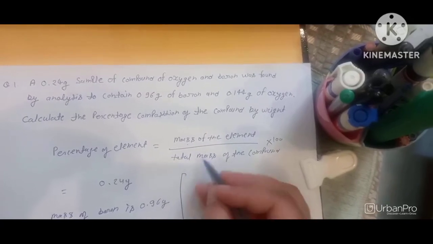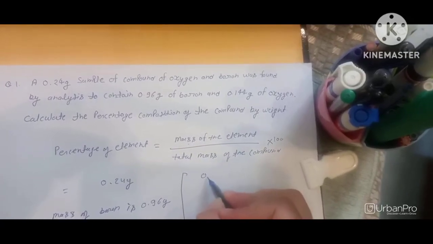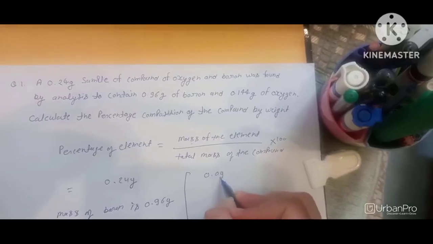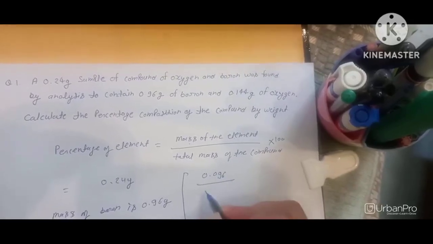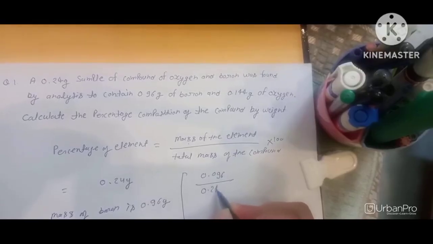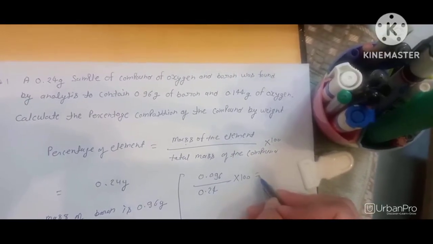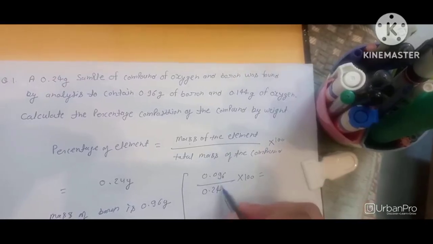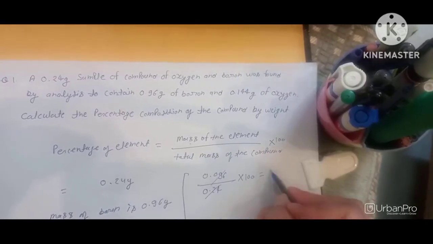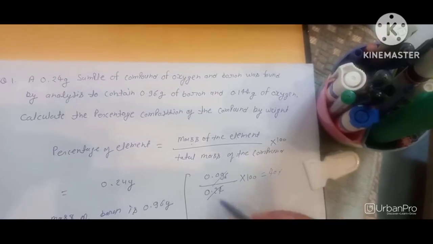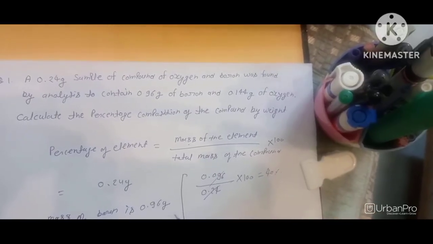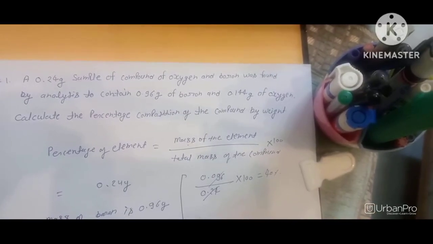Your mass of the element will be 0.096 upon 0.24 into 100 is equal to 40%, right? So the percentage of the boron,